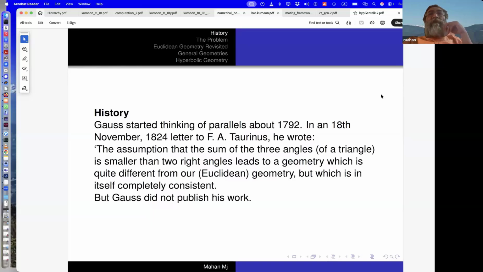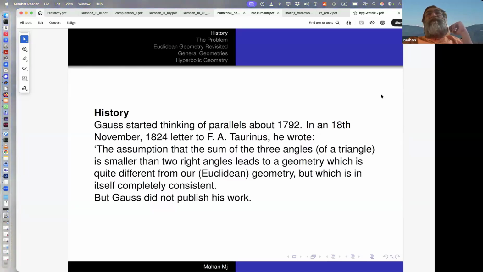What this solution is saying is that you replace the axiom by a sharp negation. Instead of saying that the sum of the angles is equal to 180 degrees, you replace it by the axiom that the sum of the angles is strictly less than 180 degrees. And what it's giving rise to is a consistent system of geometry, which means that if you introduce the parallel postulate as in Euclidean geometry, you get a consistent system of geometry.